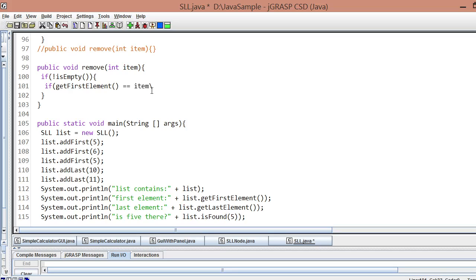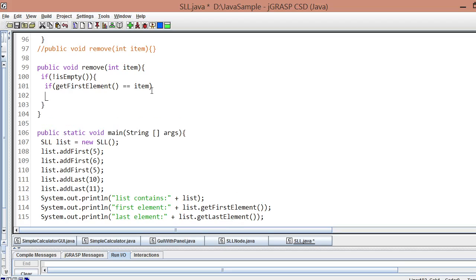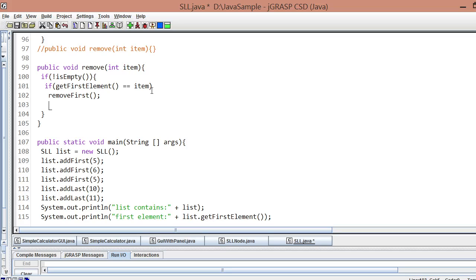If that is the case, then we will simply call the method remove first. So we do not need to think much, simply call the remove first.